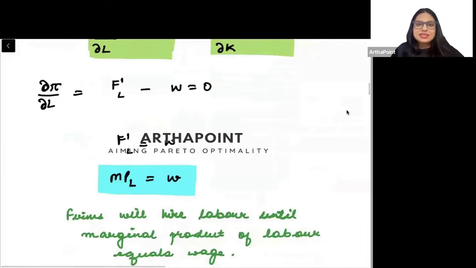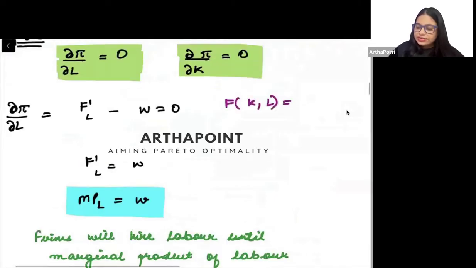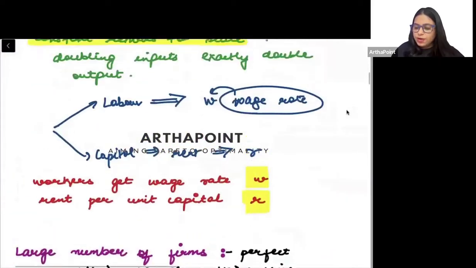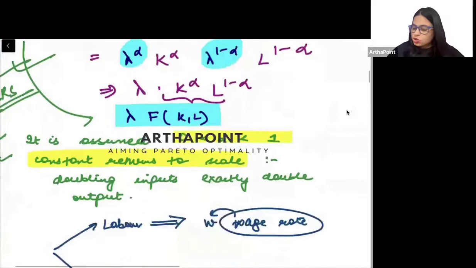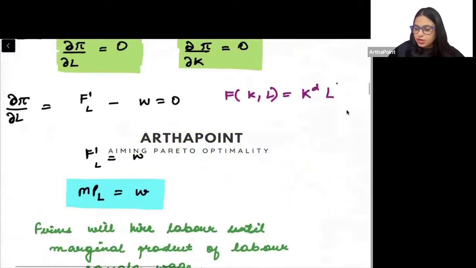Now, here is another thing. What is the production function that we had taken? The production function was K to the power alpha, L to the power 1 minus alpha. If I take this production function and try to find the marginal product of labor, MPL,